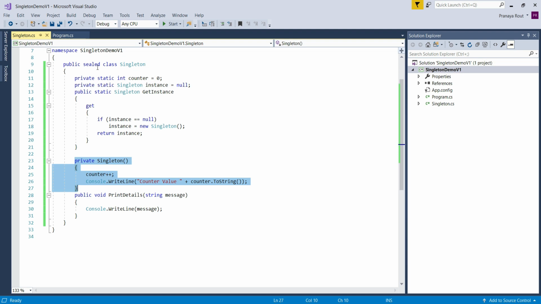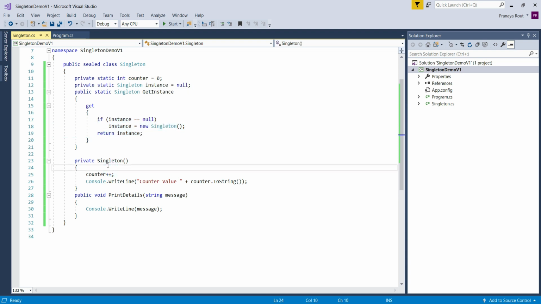Sealed will ensure no inheritance. The private constructor will ensure we cannot create an object of this class from outside the class. This is a private static variable which is going to hold the singleton instance, and this is a public static property, and using this property we can create and return the singleton instance.